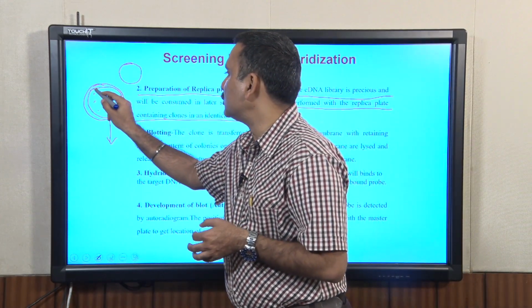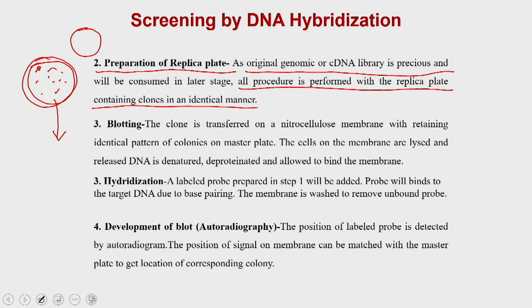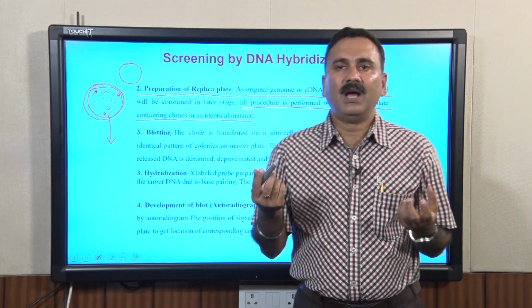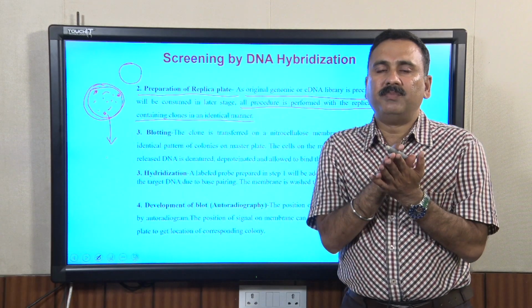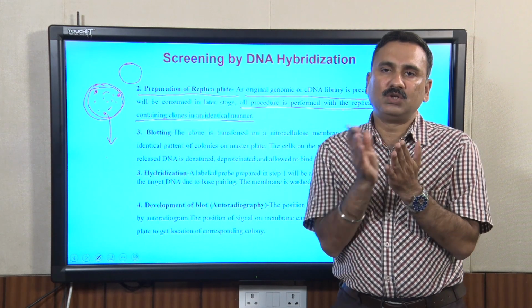You are also supposed to put reference points. For example, in this case I can make 3 reference points, placed in such a way that there is no kind of symmetry. Without that, you could not match these spots, and they allow you to identify or superimpose your replica plate on the master plate.